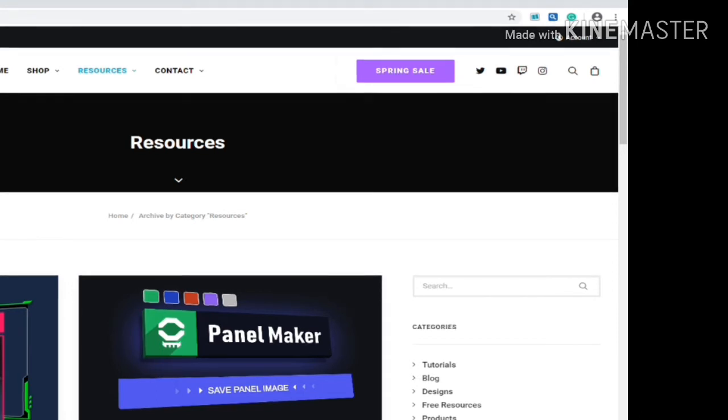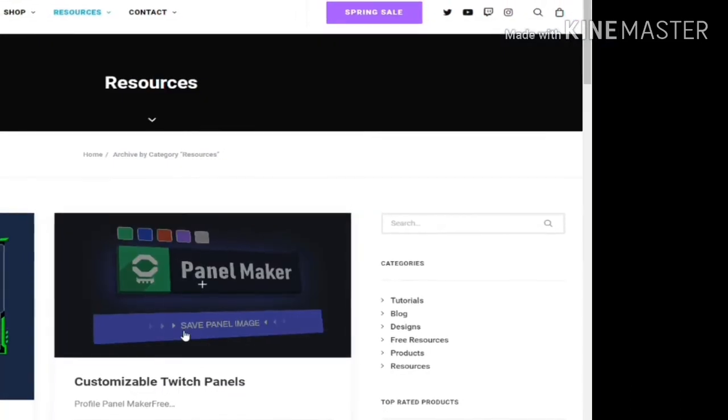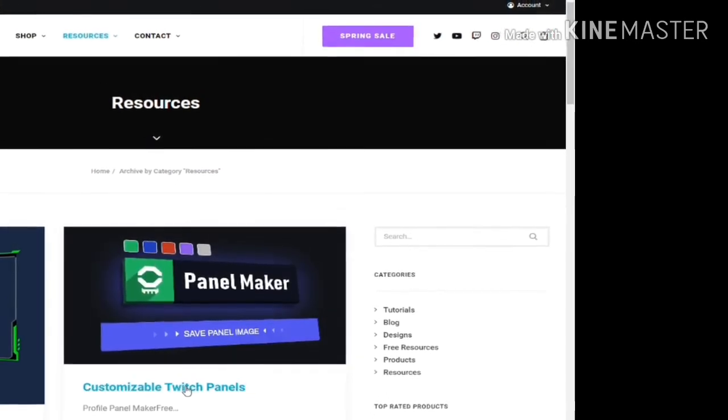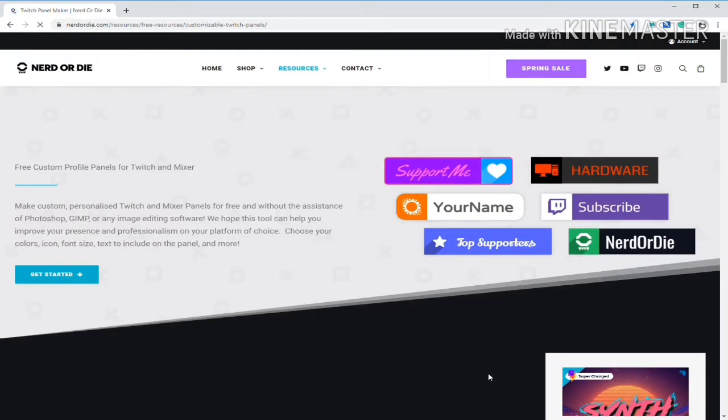Once you arrive at the Nerd or Die website, what you want to do is go to Resources, the blue Resources right here. You're gonna click on it, and when you arrive, go to Customize Twitch Panel. So click on Customize Twitch Panels. It will load for just a bit, and once you arrive at the Customize Twitch Panels page,